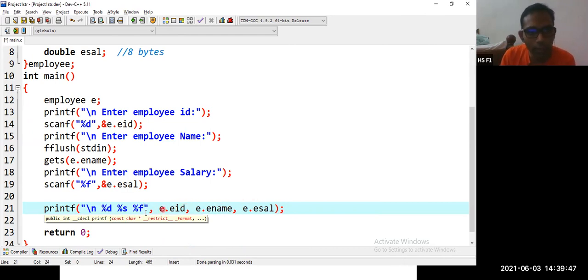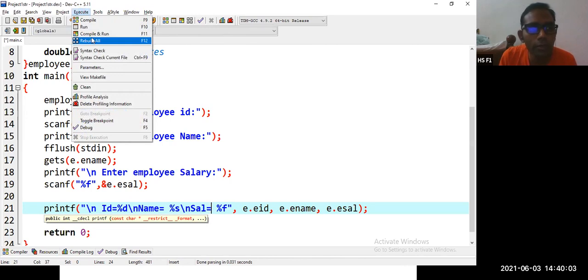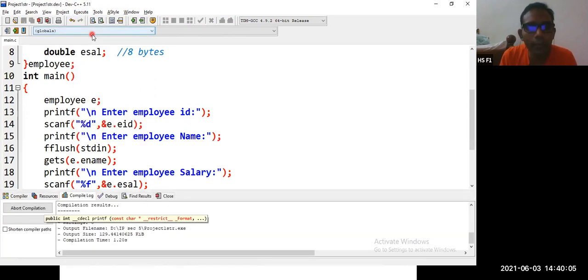You can write ID is equal to, then \n, name is equal to, then \n, salary is equal to. So now let us compile and run.